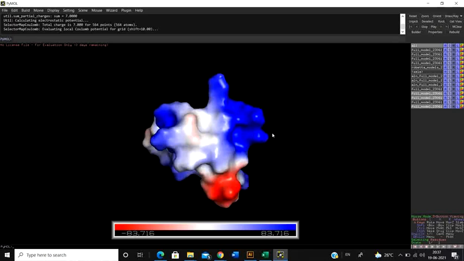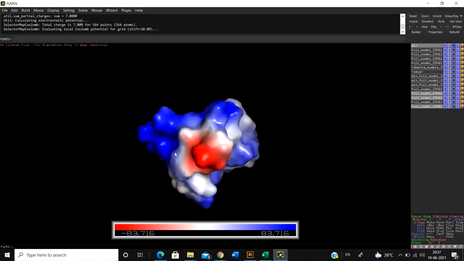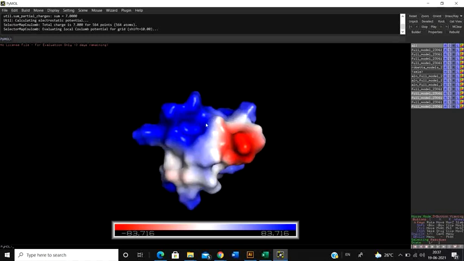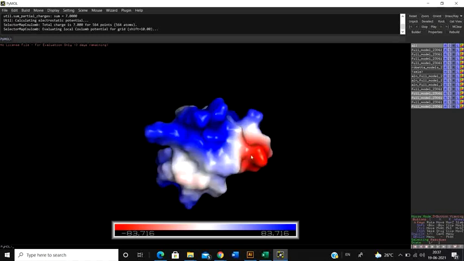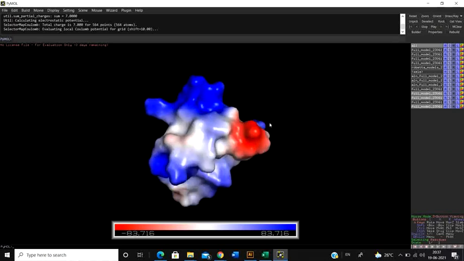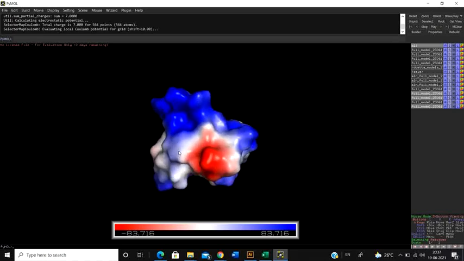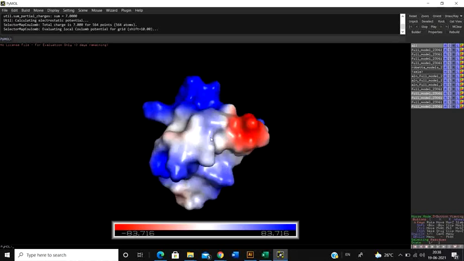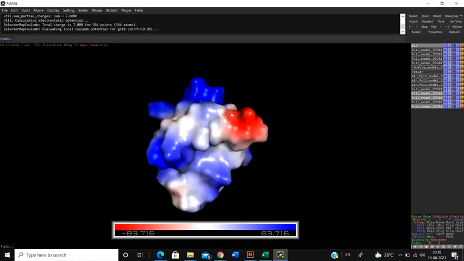So while devising a ligand or looking at the protein contact potential, you have to make sure that the blue region is interacting with the red regions, where the red region is the electronegative domain. So if you need to target this particular domain with a ligand, make sure you design a ligand with nitrogens and other positively charged residues, so that they have a good, high-affinity binding.